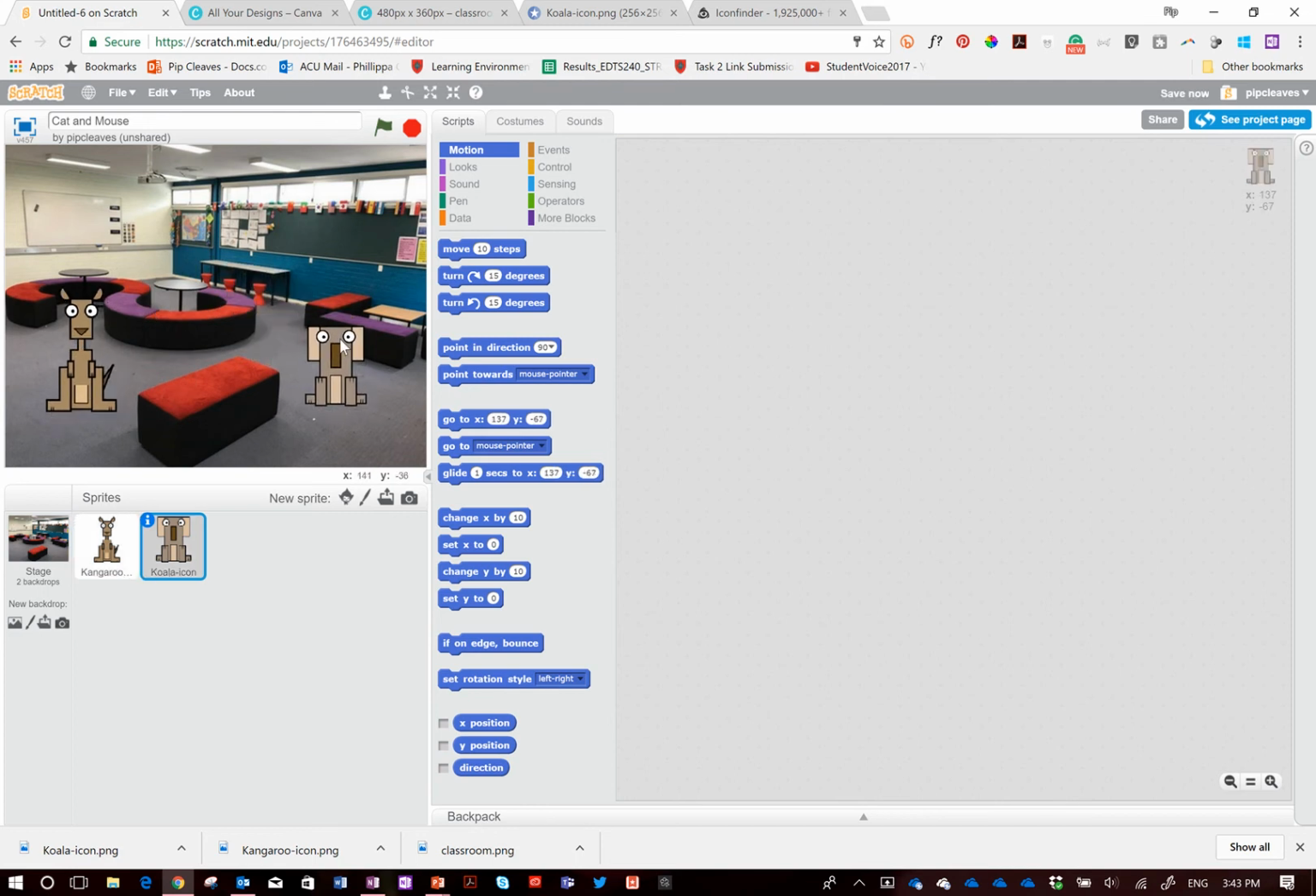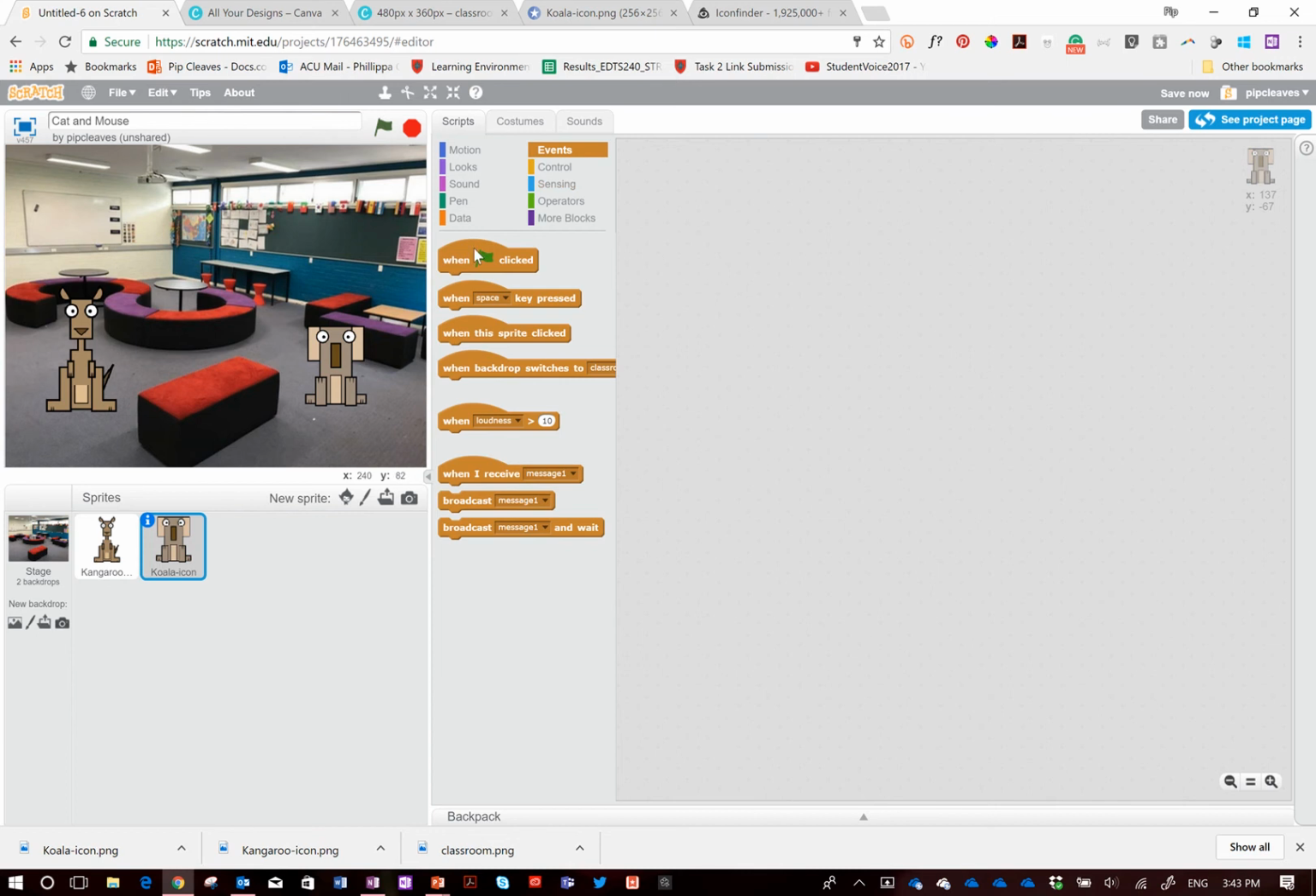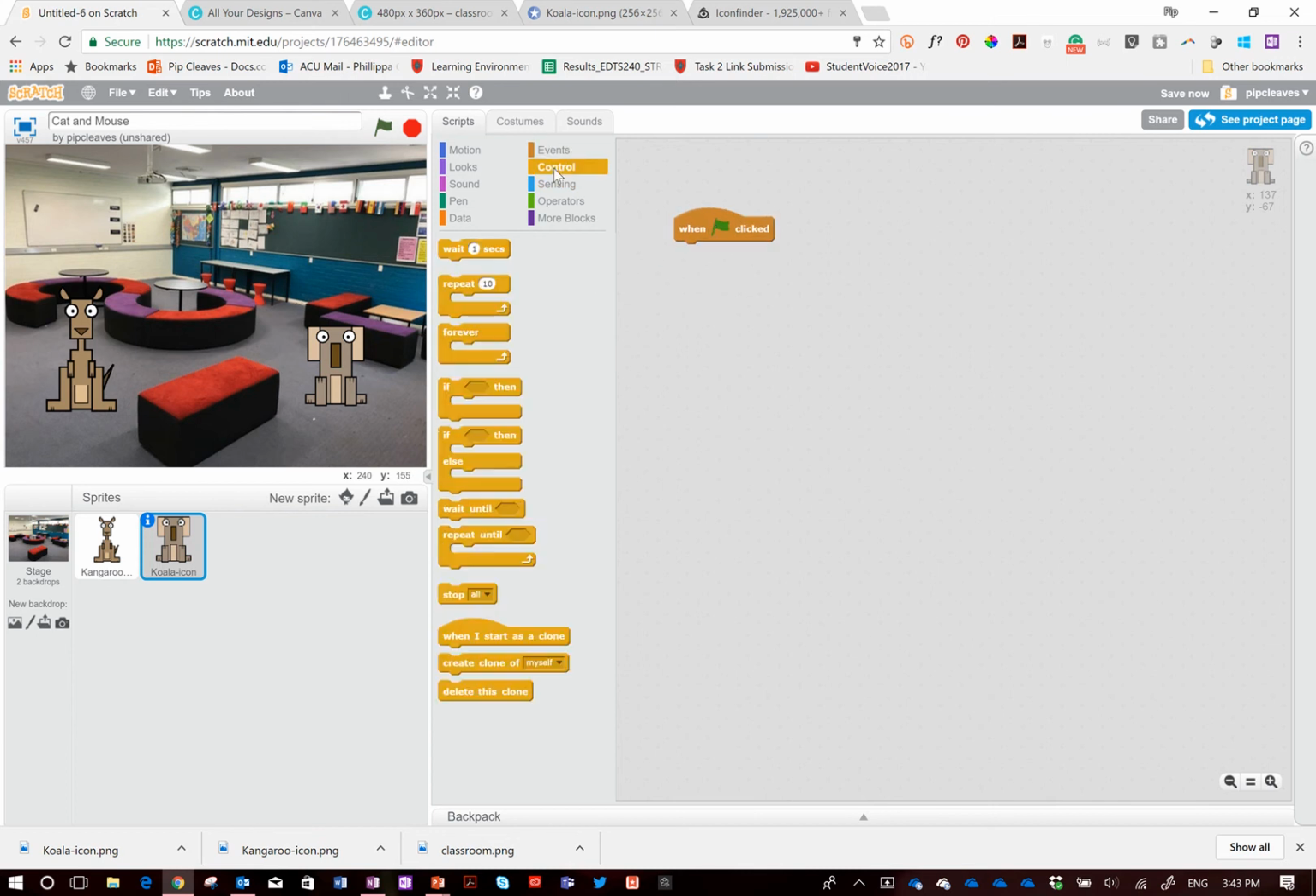Okay, let's get some code happening. So I want to make it so that the kangaroo chases a koala. Can't guarantee I'm going to get this right, but we're going to give it a go. So first up, I am going to go to an event and pull out a when clicked. Always pull out a when clicked. Once we've done that, I'm going to pull out a forever. So basically, when the flag is clicked, which is when the play button's clicked, forever, what you're going to do